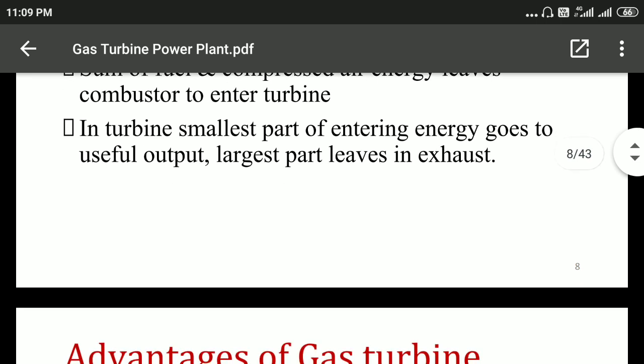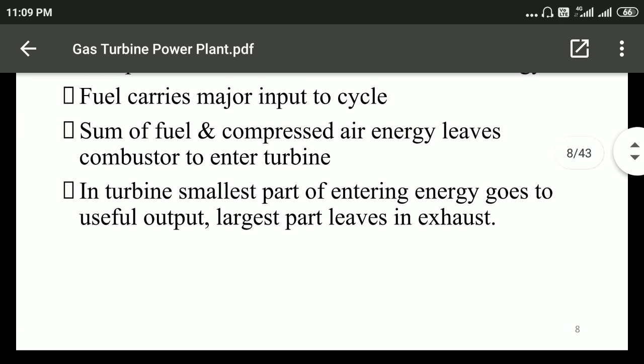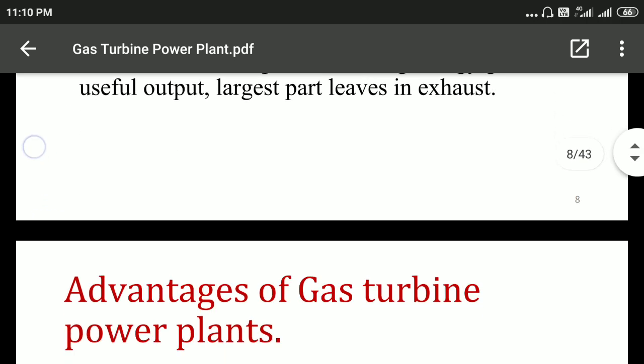There are various types of turbines, which we will see in the next video. Once the exhaust gases enter the turbine and expand, and after the turbine rotates, the exhaust gases leaving the turbine are nothing but waste. Whatever energy is carried out with the exhaust gases is waste, in comparison with the closed cycle.